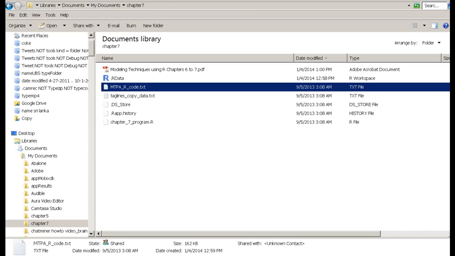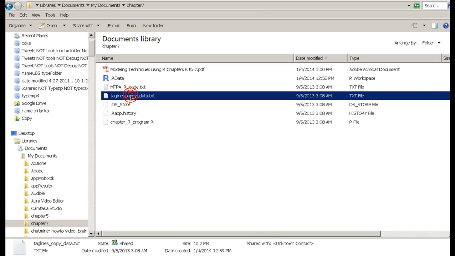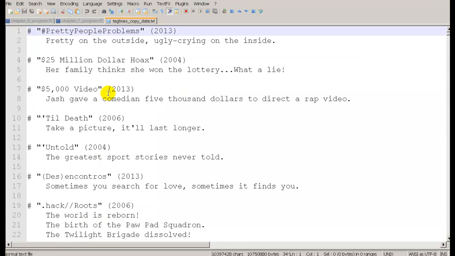this one here, we see this. So this is the taglines, right? So this is the name of the movie, I guess. Pretty on the outside, ugly, crying on the inside. $25 million hoax, 2004. Her family thinks she's won the lottery. What a lie. Okay, so this is a pretty big file because if I scroll all the way down